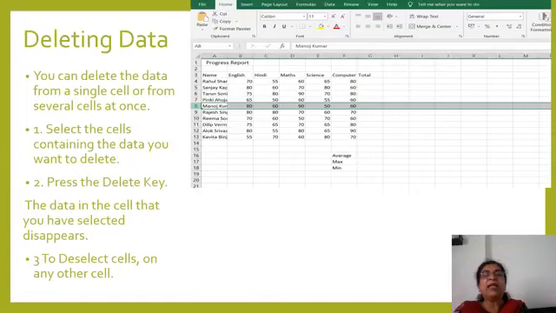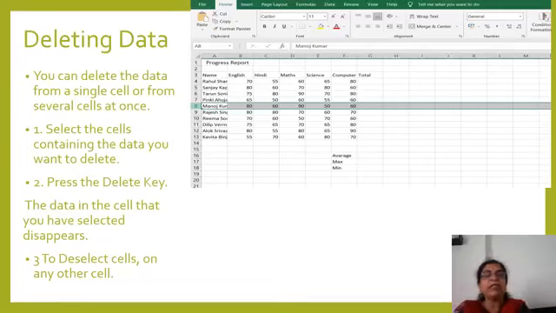Selecting the cell containing the data you want to delete. Suppose here the 8th row contains data we want to delete. For that we have to bring our mouse pointer. How to select that we have learned. Bring your mouse pointer on number 8 and the arrow changes into a right side arrow. Whenever it turns to a right side arrow, click once so that the full row gets selected, and then press the delete key from the keyboard to delete that particular row.